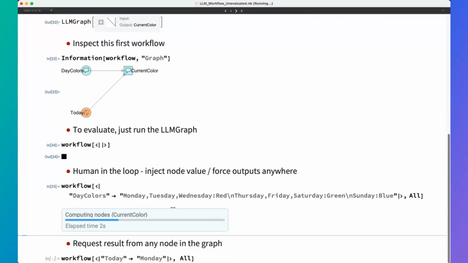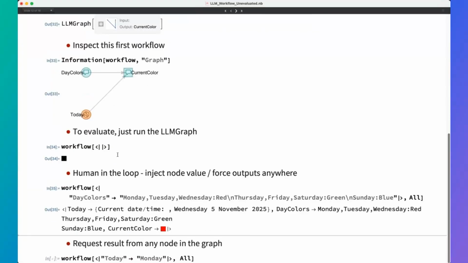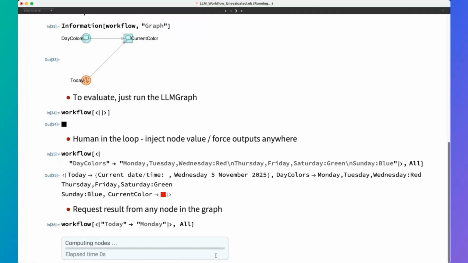You see that if I force this, it's only going to run today and current color, and it's going to adapt, deciding on Wednesday, which is red. And I can also decide that today is going to be Monday and inspect it, and oh well, it's going to be red again. Let's say it's a Sunday,